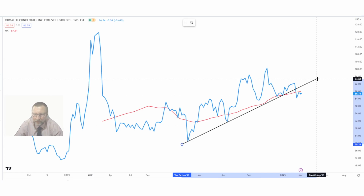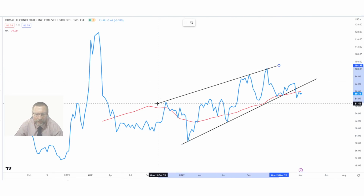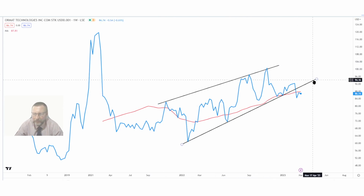There's the trend line that supported that rally. And if I do a combination there and I join those two, there you are. There you can see there's the resistance line. There's the support line on a beautiful rising wedge. And as we all know, what is a rising wedge? A rising wedge is a warning formation. And remember, right in the beginning of the show, I showed a share that bounced against the 40-week moving average. That was Silicon Valley Bank, and it rejected that support. It turned into a resistance, and hopefully I'm wrong that this is not going to be the problem with